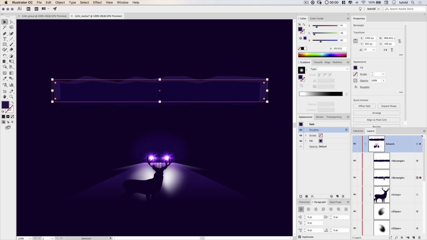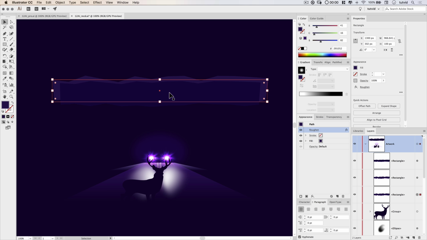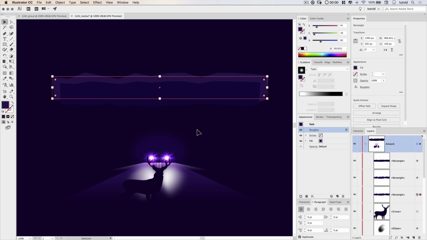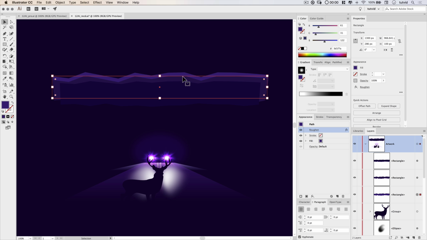All right, we select the rearmost shape, and we're going to duplicate this. Edit, Copy. And again, paste it behind. Edit, Paste in Back. We're going to nudge this upward a little bit using our arrow keys, just like that. You can't really see any difference. We'll change the fill, double-click. And the fill I want here is 3D1F7A. So again, another purpley blue color, but even a little bit lighter.